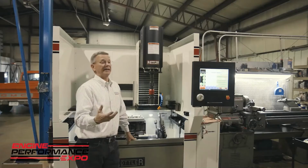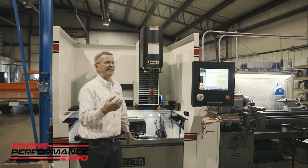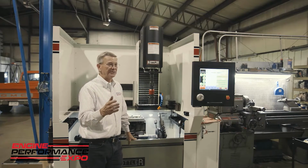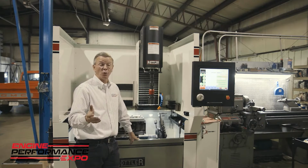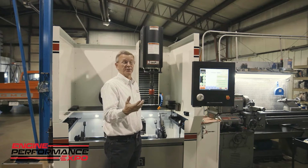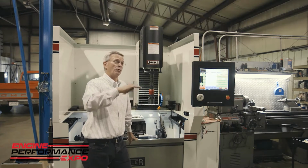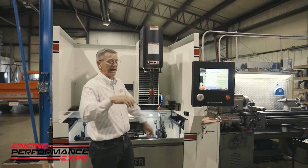Same thing on the other side: let's say I've got too much RVK and I want to make it smaller. By lightening the pressure, will it matter? It can to a point, but again, you might vary 5 points, maybe 10 points at the most, but then you run the risk of glazing the abrasive. So what I mean by glazing is the abrasive rounds off, and as the honing process works, it's kind of